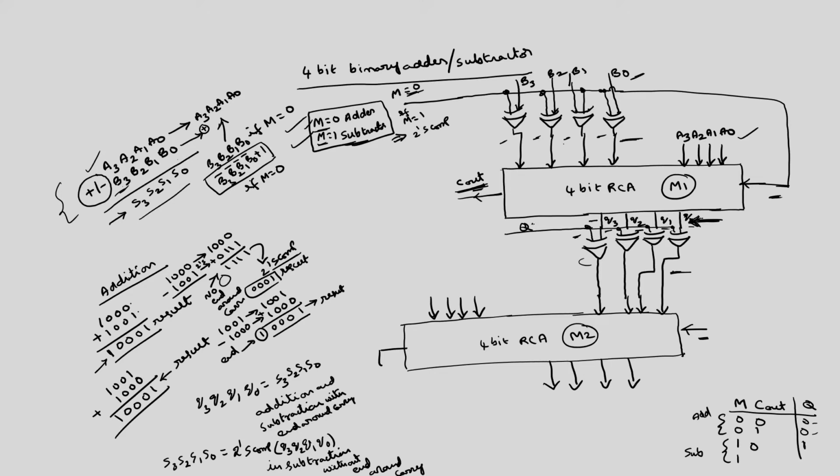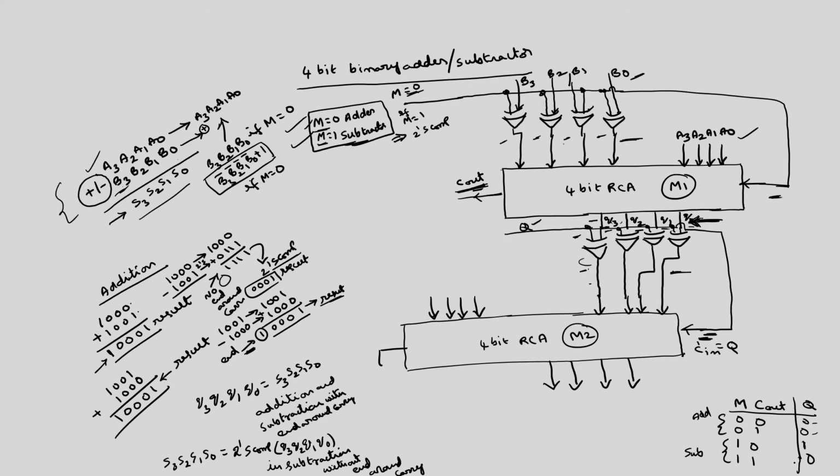2's complement will be obtained by taking Q equal to 1 as one input for the exclusive OR gate, so that 1's complement will be obtained, and at the same time you have to add 1 also. So, in fact, this Q has to be applied to one input of each of the 4 exclusive OR gates as well as the C in of the second carry look ahead adder. Okay. This should be same as Q, because whenever you want to take the complement of this Q3, Q2, Q1, Q0, that is 1's complement, at the same time you have to add 1, so that you will get 2's complement. If there is a carry of 1, the result will be as it is. So, this Q is equal to 0.